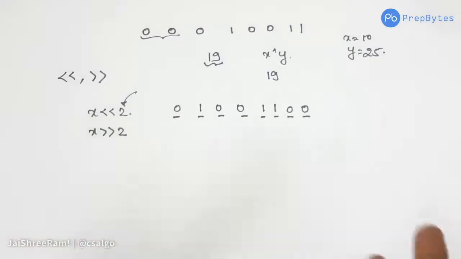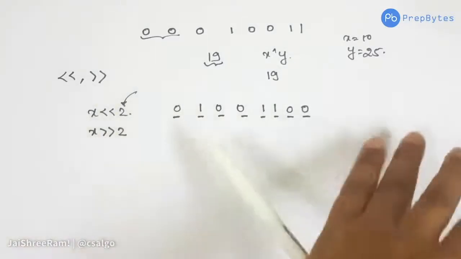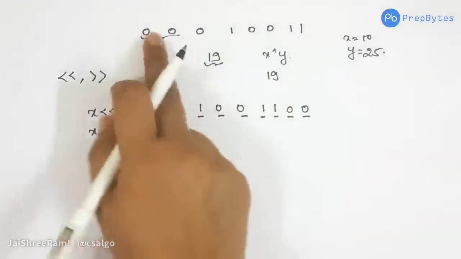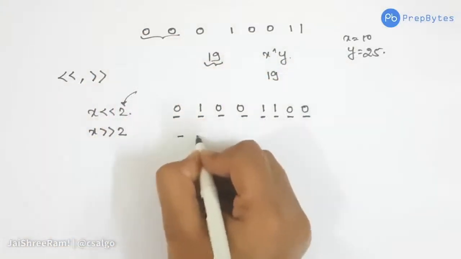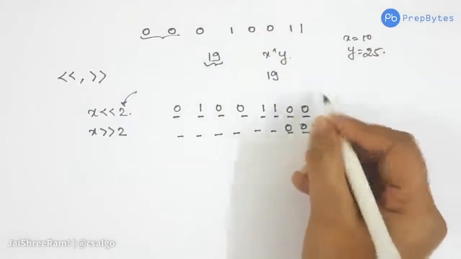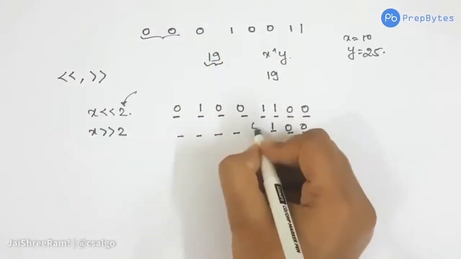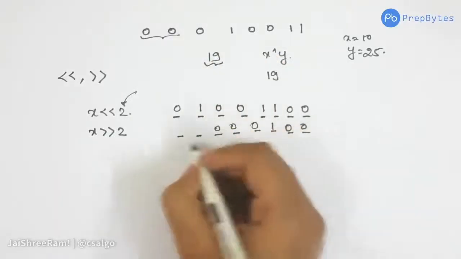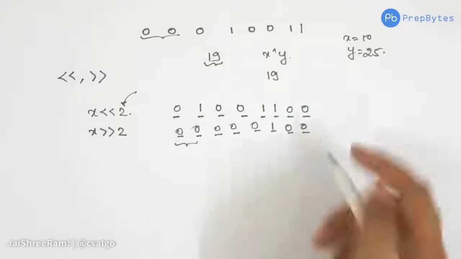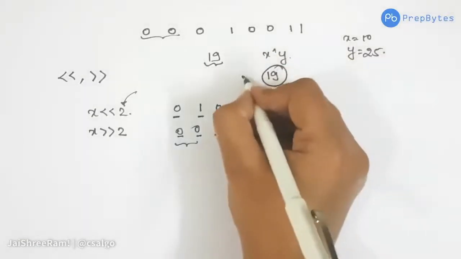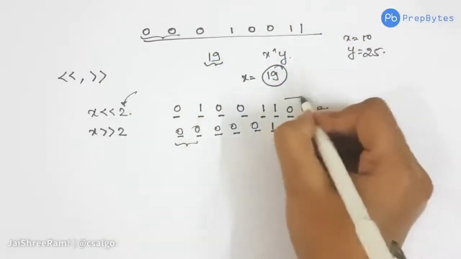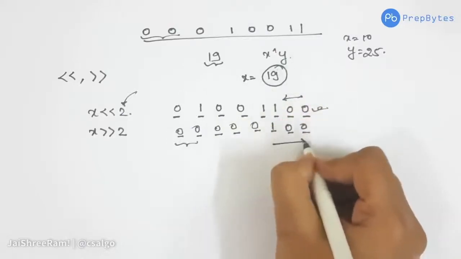Similarly, the opposite thing happens in the right shift. Everything is shifted to the right by 2 and the first 2 places, or first n places, are filled with 0. So in this case, if I shift this to the right by 2, these 2 are out, we get 0, 0, 1, 0, 0, 0, and these 2 places are empty, so they are filled with 0 as well. So here, we had the value 19. This was the binary representation of 19, and here we have shifted it to the left, and here we have shifted it to the right.